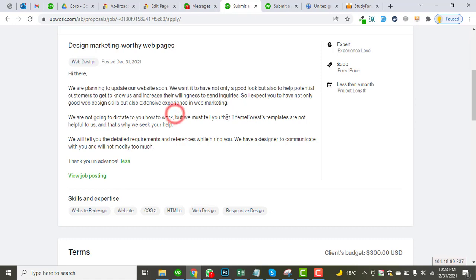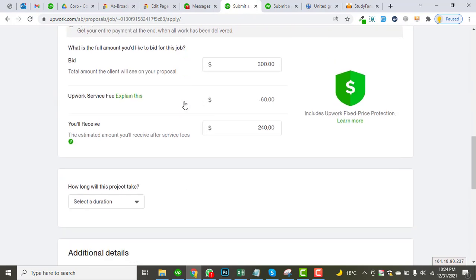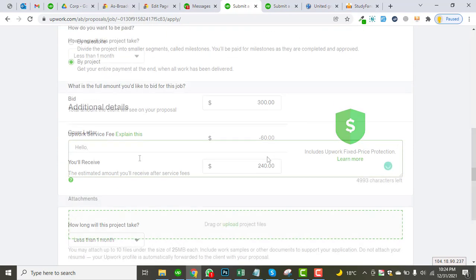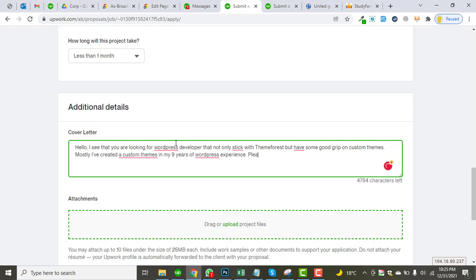Okay, so he does not need any kind of Theme Forest templates. So I will have to handle that client in this way, that I do not work with pre-made templates that much, but I will definitely go for custom websites most of the time. So I have to give some relevant website examples as well. So I see that you're looking for someone with a good grip on custom themes. Please have a look at some of my work,